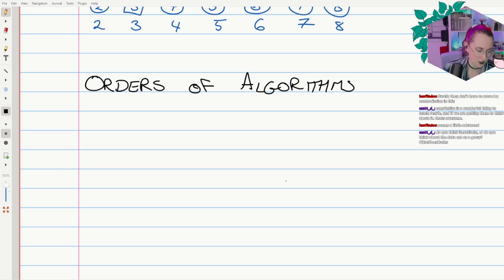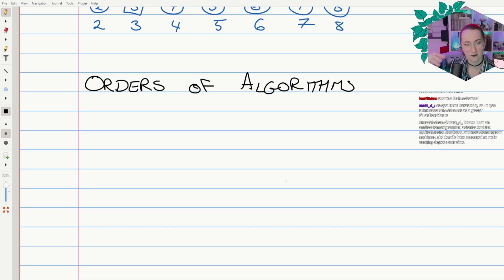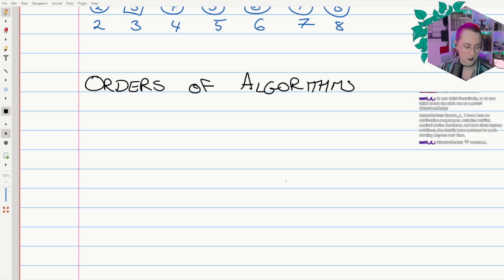Okay. So the way that it's done, this is baby's first introduction to orders of algorithms. So everyone bear with. The one thing that I find fascinating about how we teach maths in schools, at the very least in the UK, who knows where else, is it is very recursive. When you're first introduced to a topic, it's fudged a teeny tiny bit. And then as you get more and more down the rabbit hole, it becomes more and more clear. But for this exam and this board and this textbook at the very least,